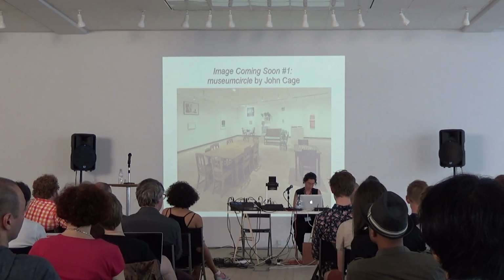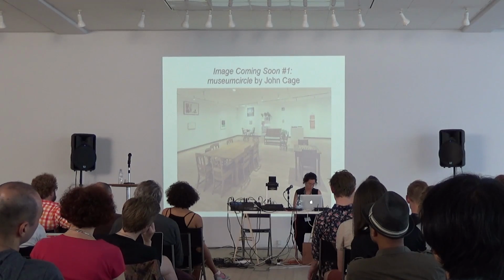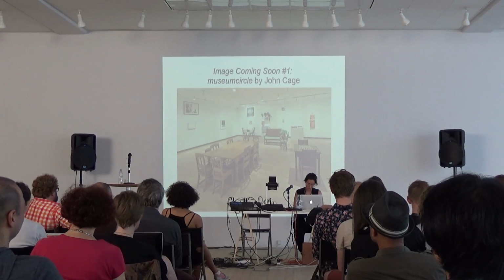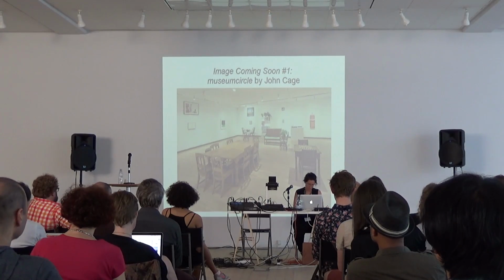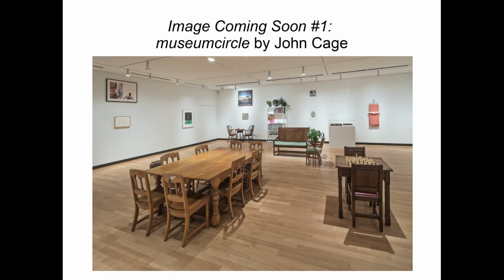In the spring of 2015, I juxtaposed Museum Circle and Erratum Musical in order to compare the performances of the two scores, and more specifically, to contemplate the consequences of Cage's spatial adaptation of sound composition principle. This project, entitled Image Coming Soon #1, was presented in Toronto at the Justina M. Barnicke Gallery. And I would like now to share some insight from this project, and we'll start with a short introduction to Erratum Musical.